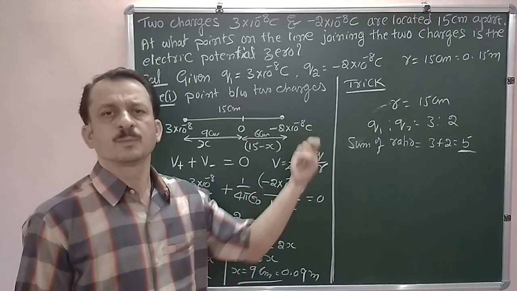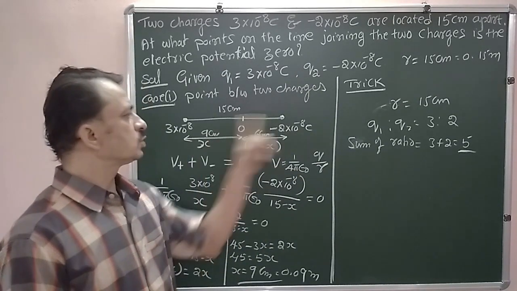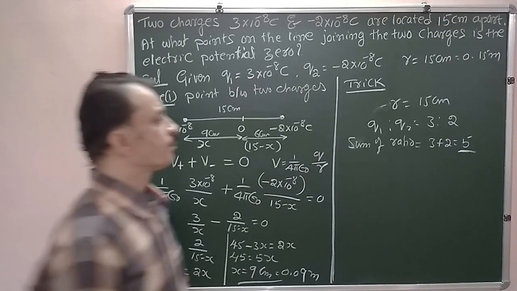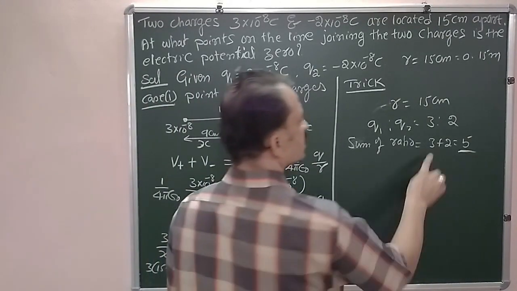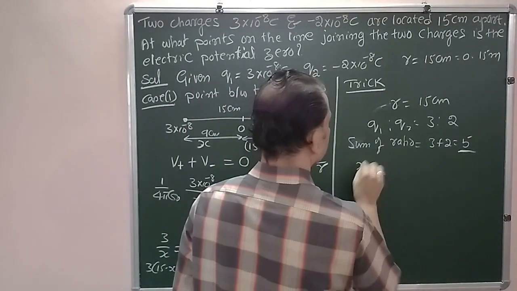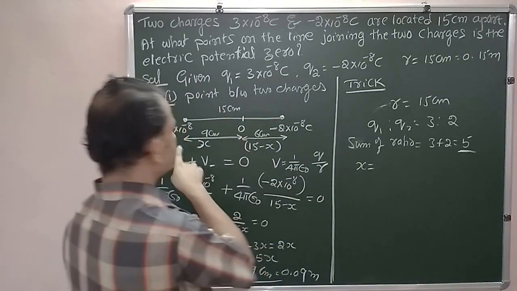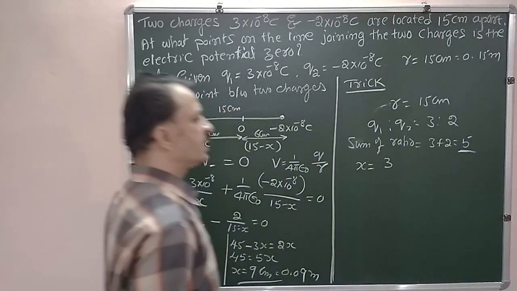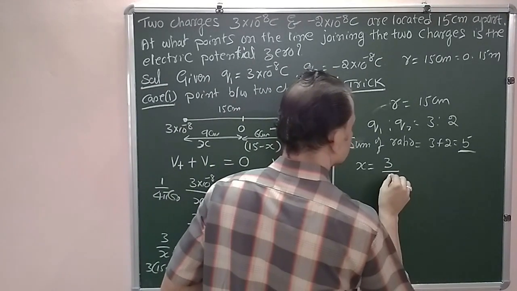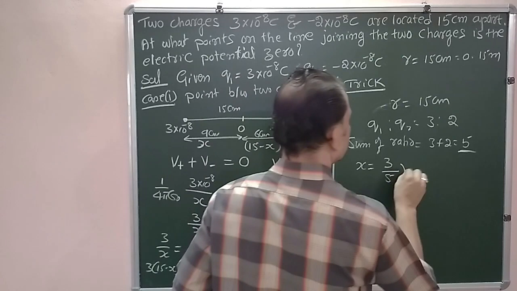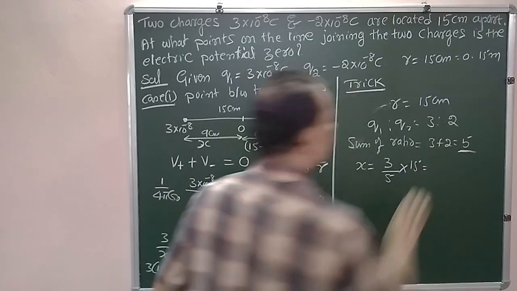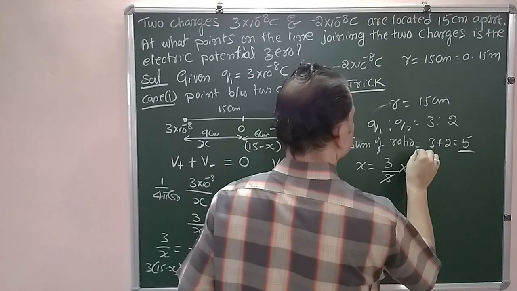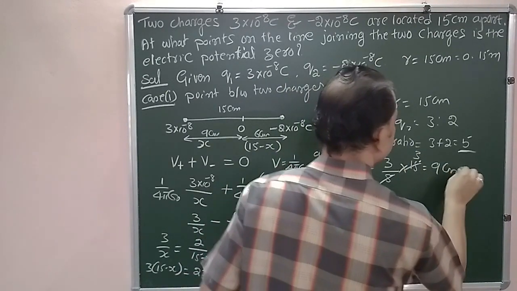That gives the position of the point at which the potential due to the two charges is 0. Now look here, for the positive charge, the ratio is 3. Therefore, if I take this distance as x, for the positive charge it is 3. Now the sum of the charge ratio is 5, and total distance is 15. So 3 is...